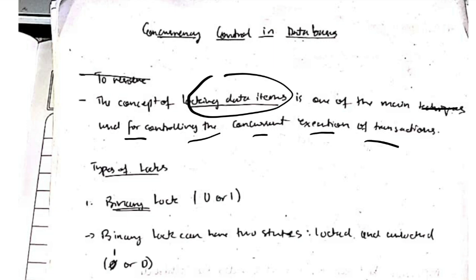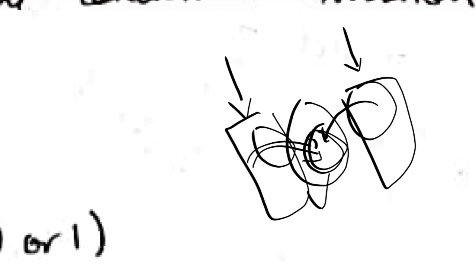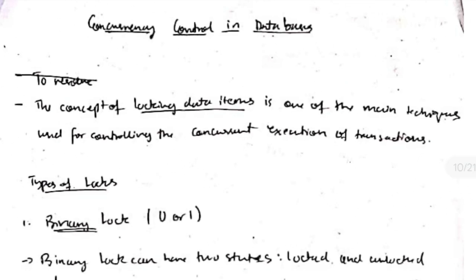of transactions. If there are two processes going on and they access the same item, we will give access to this item to only one of those processes, so that the changes will be made. Then after the changes are made and it's over, only the next process will be able to make its changes. What will happen if we don't lock and leave them as they are? They will make some changes, the other will also make some changes, and it will be mixed up. So for that we will be using the locking of data items.